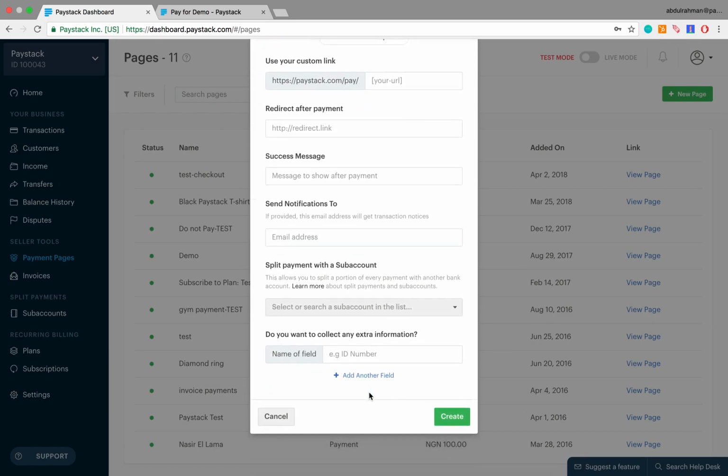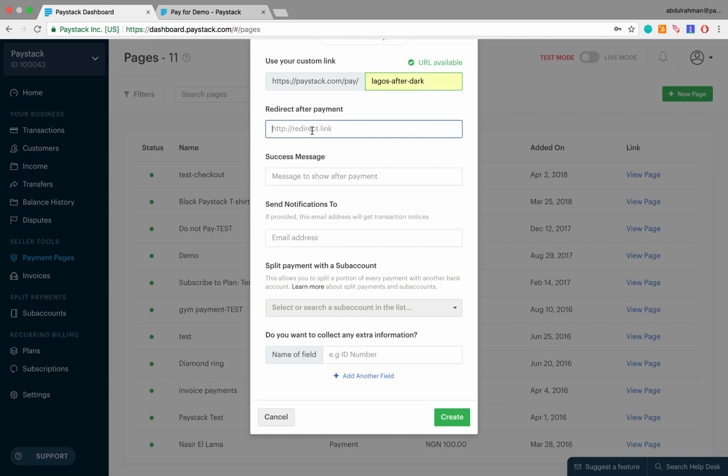a whole new segment. Now the very first field here asks for a custom link. Now this is going to be something like paystack.com/pay/something. Now this URL is what you share with your customers, and it's the link through which they are able to pay you. So now once again, since the name of the book is Lagos After Dark, let's make that something be Lagos-After-Dark. Okay, the URL is available, so we can move on to the next field, which asks for a